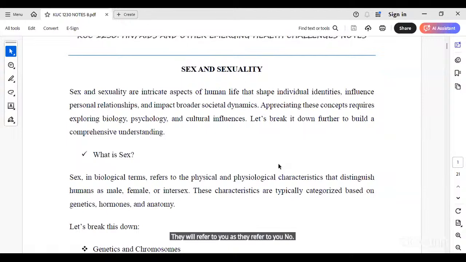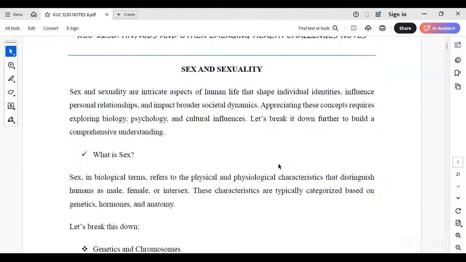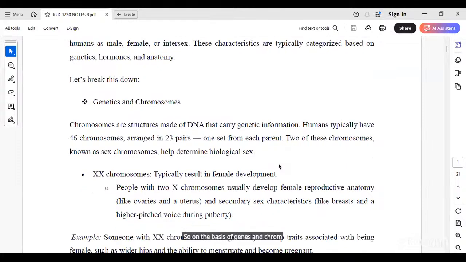So we look at what is based on before ascribing a particular gender. Kabla uitwe mwanaume au mwanamke, ni nini wanaangalia? So on the basis of genes and chromosomes, okay, so